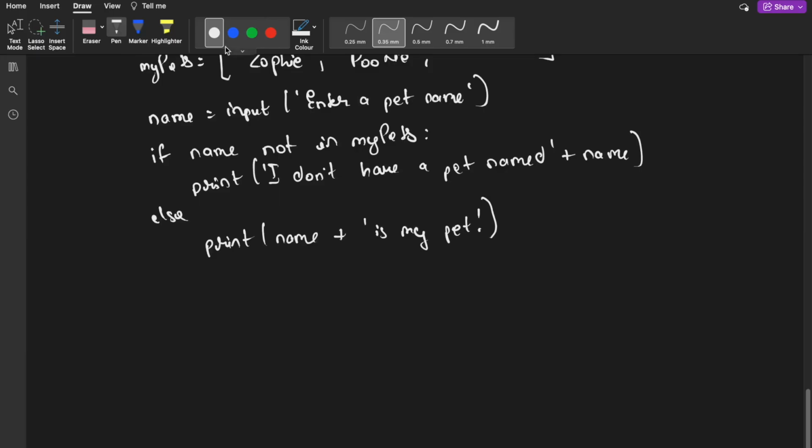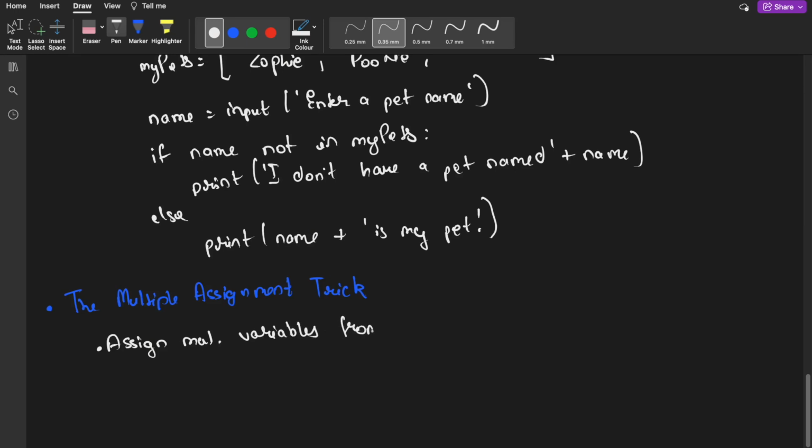And the next one is the multiple assignment trick. This is a small trick that is handy to know. What this does is you can assign multiple variables from a list in one line. So this is the trick. How it's done is